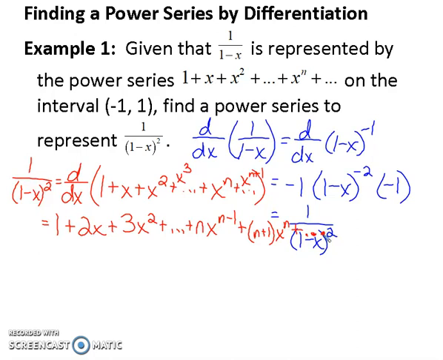Now we also want to talk about the interval of convergence for it, since they gave us the interval of convergence for the original 1 over 1 minus x as -1 to 1. We could try to find the interval of convergence for 1 over 1 minus x quantity squared doing the same way: you could find the r, and then you could set it between -1 and 1. But if you look at the graphs of maybe the first few terms here, 1 plus 2x plus 3x squared, and 1 plus 2x plus 3x squared plus 4x to the third, increasing the terms that we're putting in for that function, then you'll notice that the graphs will be very similar to each other if it has the same